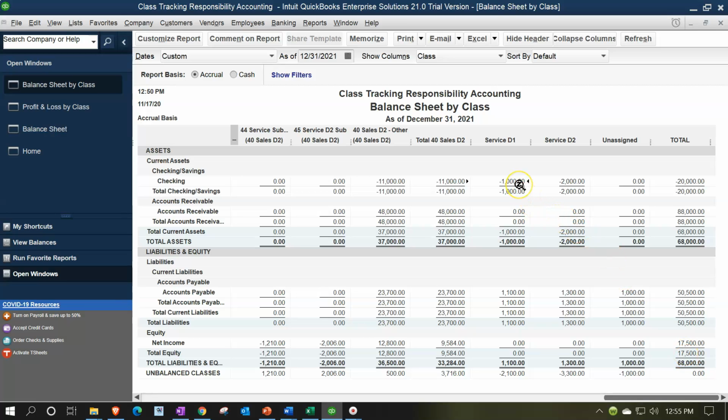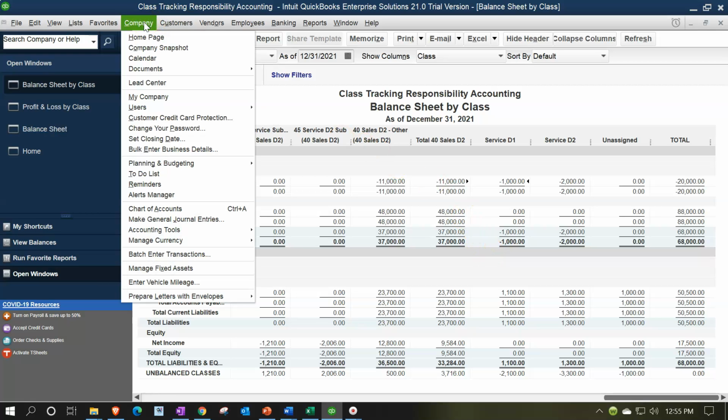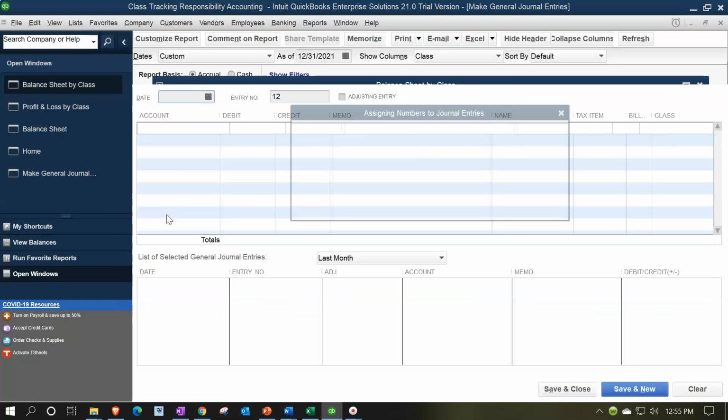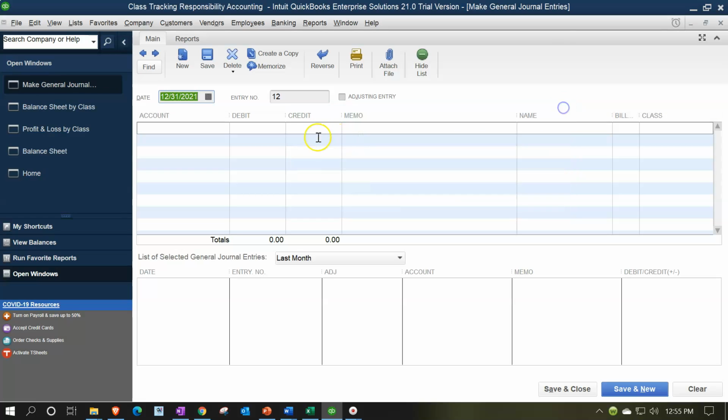Now I'd like to break this out. Well, I broke out on the income statement this 1,000 for service 1 on a 45-55 going to the subclasses. So I'm just going to do a similar journal entry for the balance sheet and see if we can get rid of these unbalanced classes and have everything line up for the balance sheet items. So I'm going to go to the company. Let's do this with a journal entry again. I'm going to go down to make journal entry, and I'm going to say okay. Let's do this as of